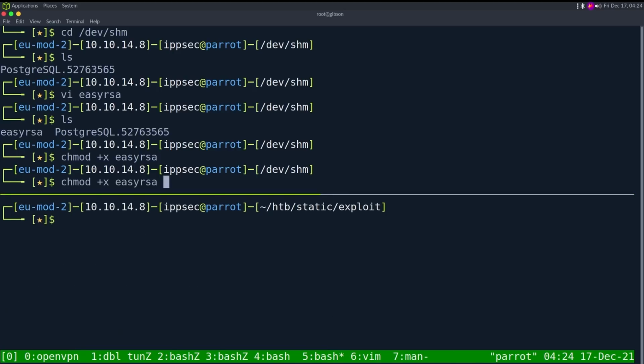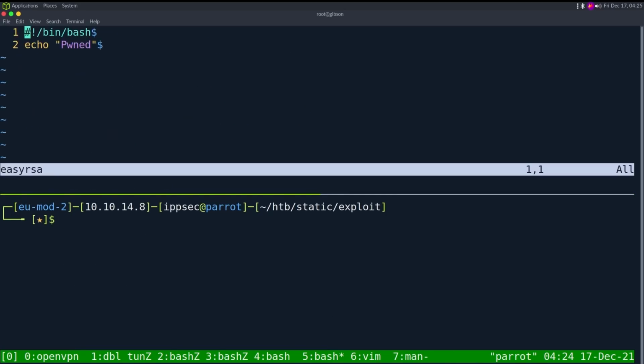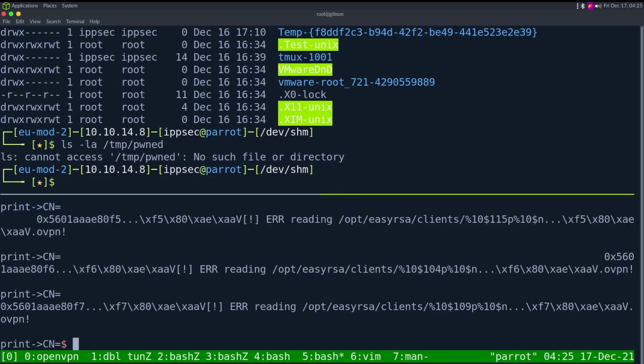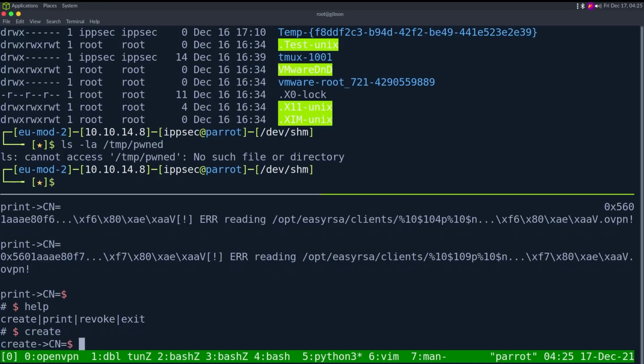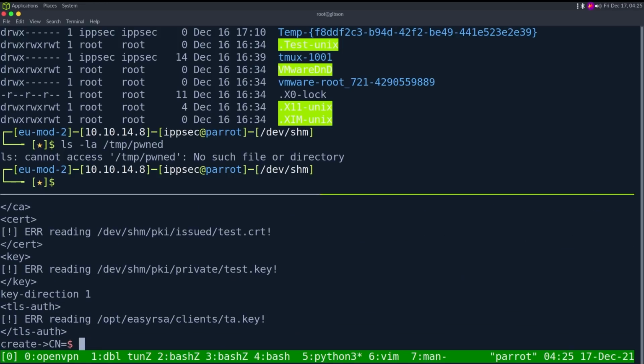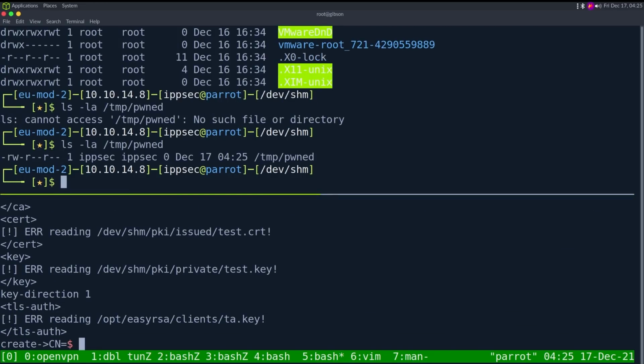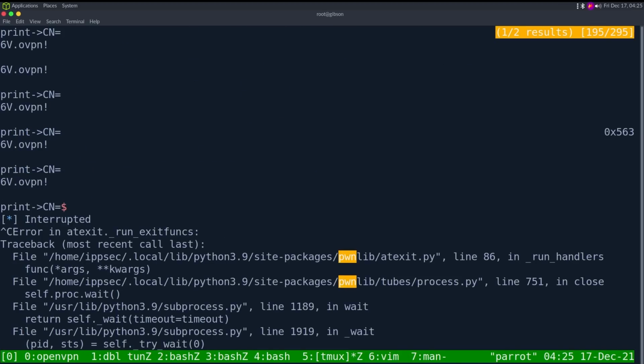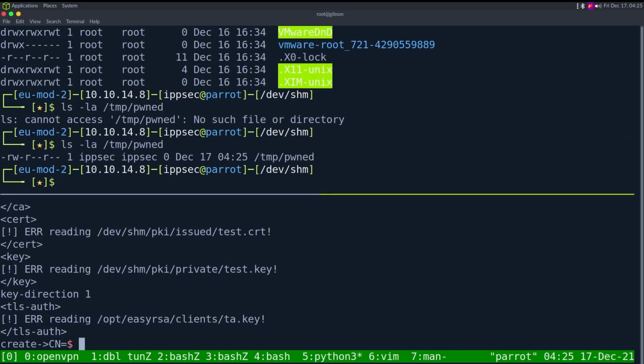Let's see. vi easy RSA. We're also going to touch temp pwned. ls -la temp pwned. Doesn't exist. So let's try running it again. Help, create test. Does that file exist? It does exist. So it's just not printing that pwned to screen. Yeah, it did not print pwned to screen, but we definitely know it executed it because we have that temp pwned. The reason why it's ipsec on this is because I never gave it setuid when